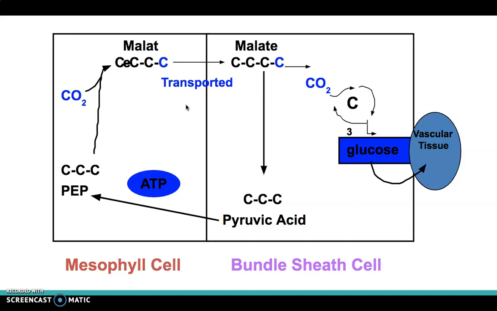They do this by initially fixing carbon dioxide in the mesophyll cell via the enzyme PEP carboxylase, which reacts the 3-carbon phosphoenol pyruvate, or PEP, with carbon dioxide to form a 4-carbon oxaloacetate. The resulting 4-carbon compound from the mesophyll then enters the Calvin cycle, where CO2 is highly concentrated to allow for a successful